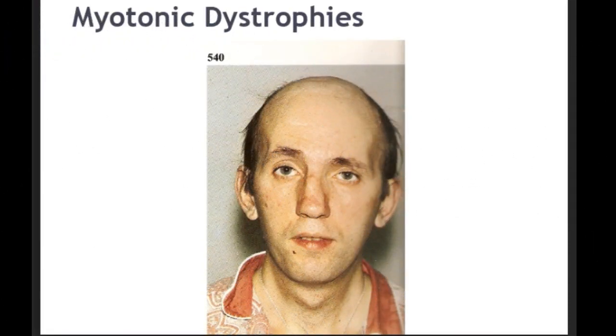Myotonic dystrophy is the most common adult muscular dystrophy. It is usually autosomal dominant with genetic anticipation. Weakness typically becomes obvious in the third to the fourth decade, although it may appear in infancy or early childhood, and initially involves the muscles of the face, as you see. This results in a distinctive facial appearance, which is called hatchet face, characterized by ptosis, temporal wasting, drooping of the lower lip, and sagging of the jaw.